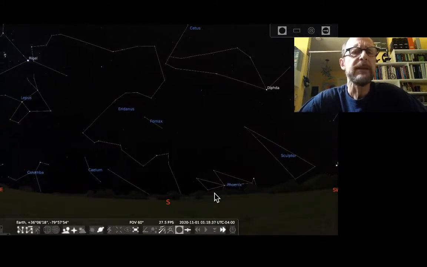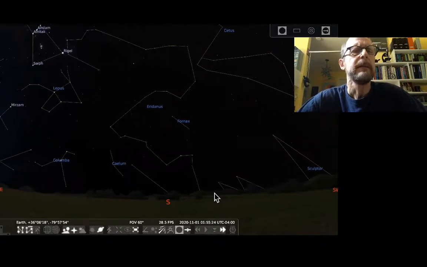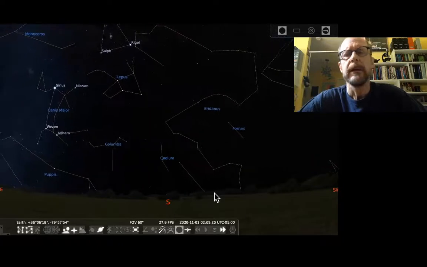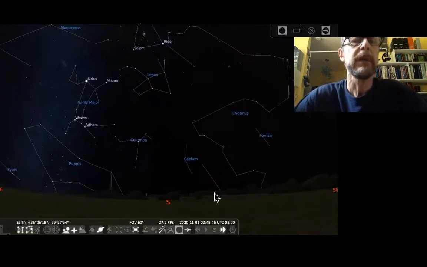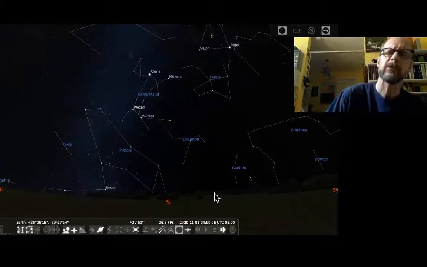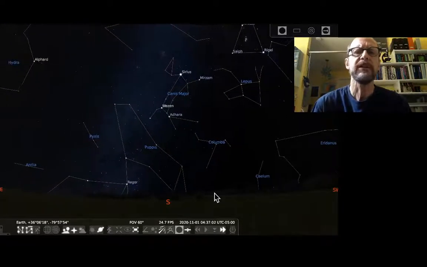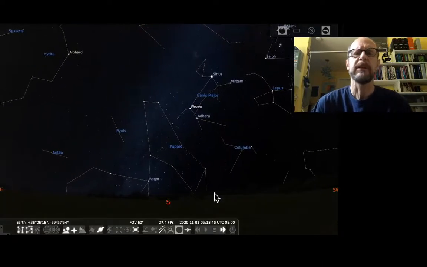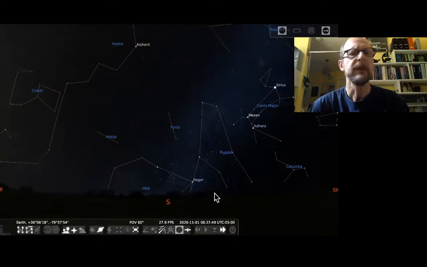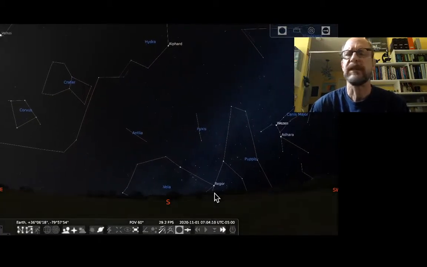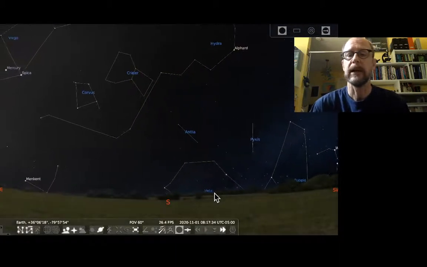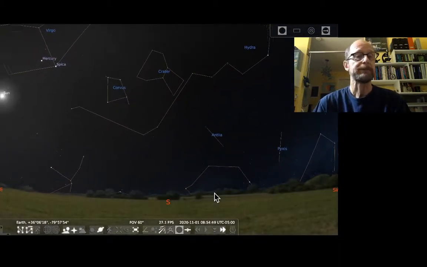But again, these are kind of from the Roman Greek tradition, modified after European explorers went south of the equator. There were some new constellations that were established in kind of the 1600s in the southern hemisphere, but everything you're seeing here can be seen from mid-latitudes. We are, after all, in North Carolina in the simulation.